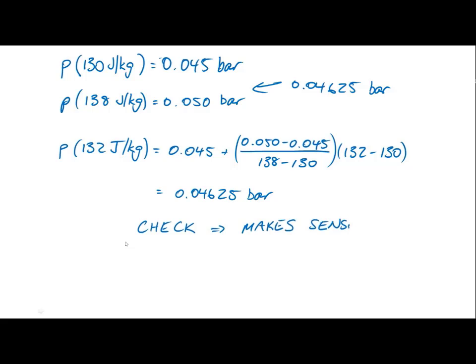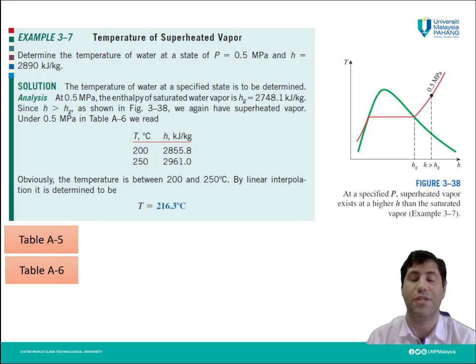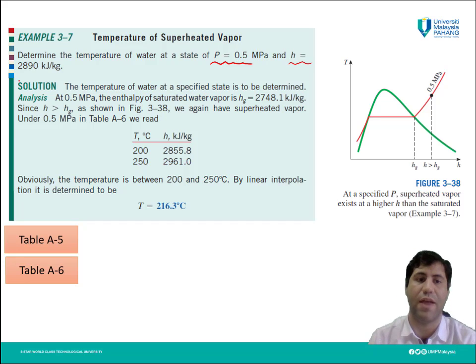And that's good. In this example, we are going to see how we can use the table for the superheated vapor. The question is we need to determine the temperature of water at a state with pressure P equal to 0.5 megapascal, and the enthalpy of that state for water is 2890 kilojoule